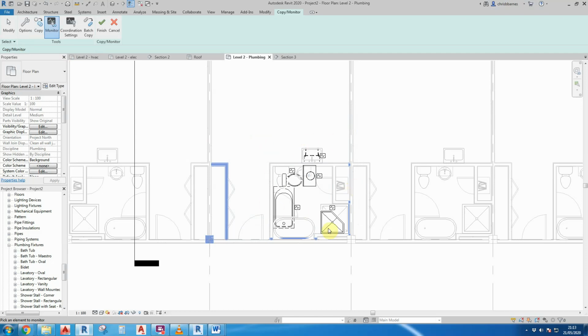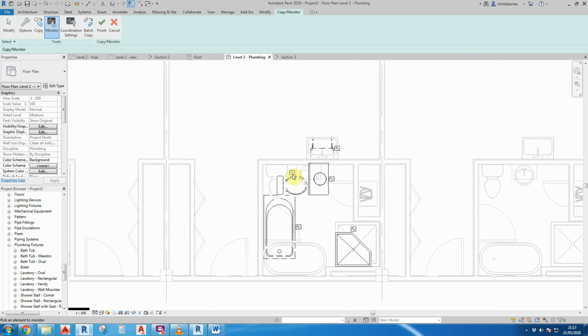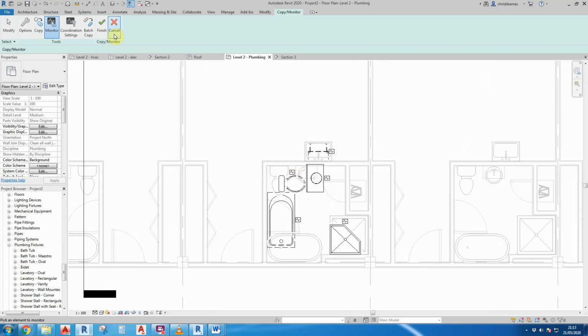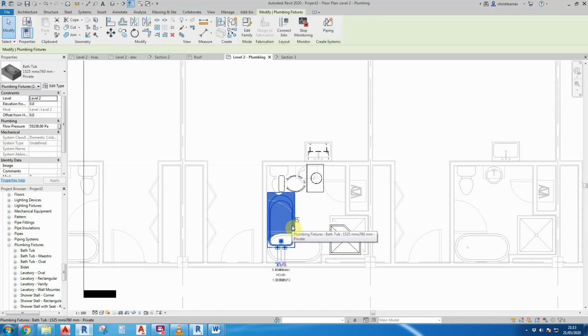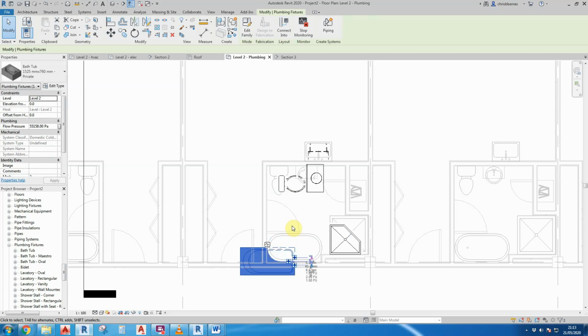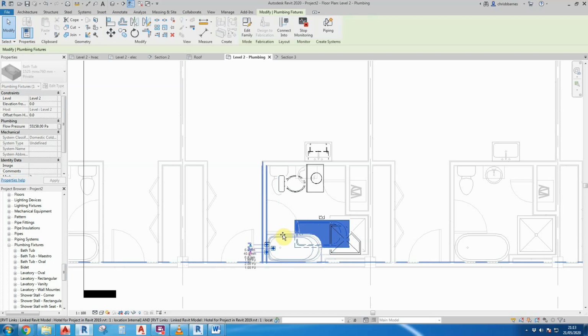As you can see, we've got some items in place now. We'll look at these in detail in a minute, but you can see the symbol to represent that it's a copy monitored item. And then we can just click on finish. What you need to do at this stage is obviously reposition these items into the correct orientation. I'm highlighting one and pressing the space bar to rotate, but at some point you're going to need to actually